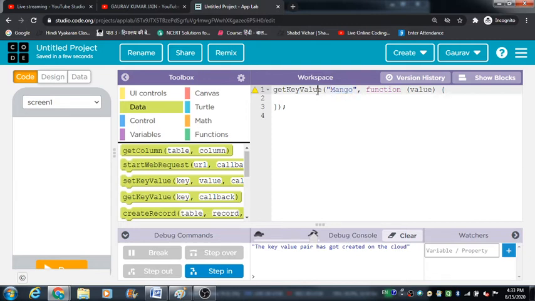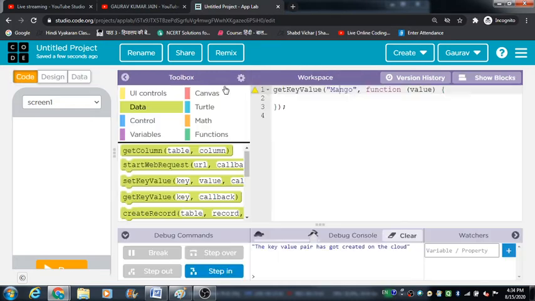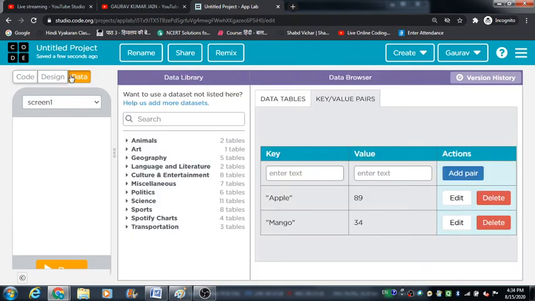After reading this name, it is going to access this key value part of the data browser, and then it is going to match the name of this key with the keys that are already present in this table over here. And the value that it is going to get from this table is 34.